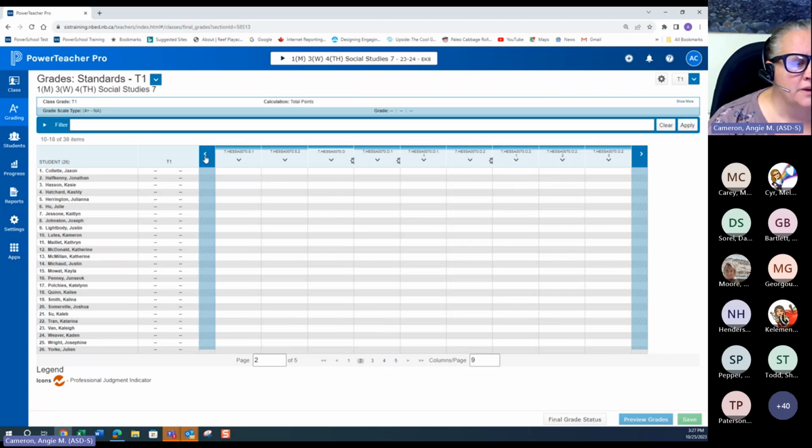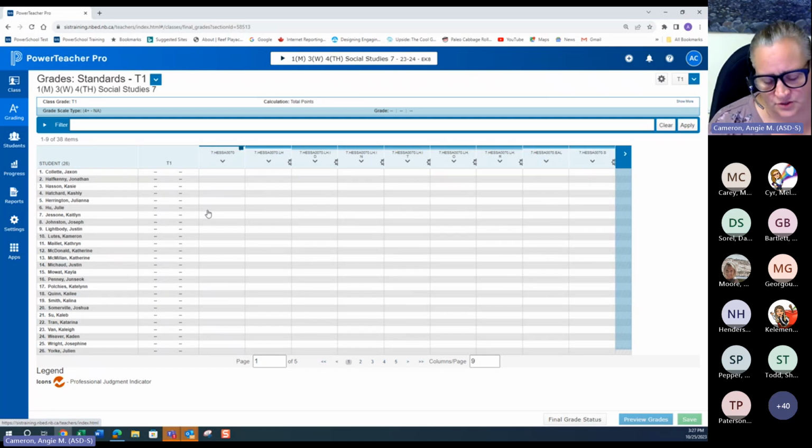So if you are teaching a subject like social studies or math, where there's sequential learning in the sense that maybe you're not doing every strand in every reporting term, and I'll use math as an example because math teachers almost always start out with numbers, and they almost never get to stats and probability until the T3 reporting term. So if you have not done any content under a strand, then you would leave that cell or that